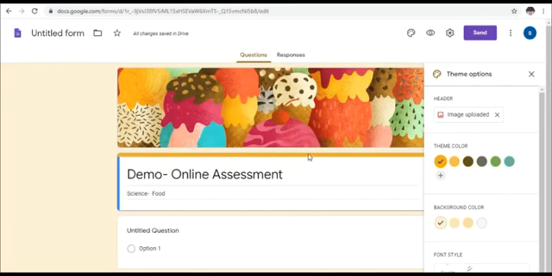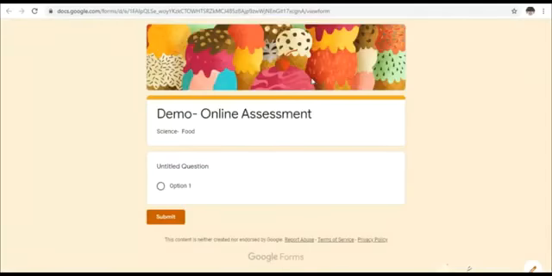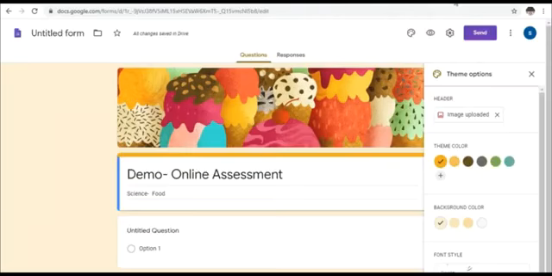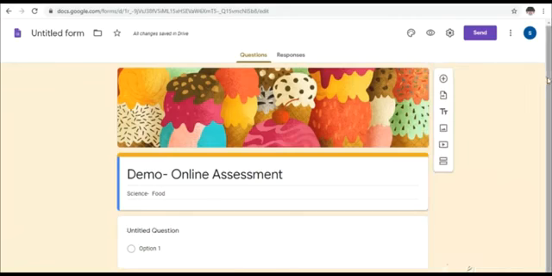Before I proceed with the questions, I wanted to see how my Google Form looks. So let me go to the preview button here. Click preview. You can see this is how your form looks. Each time you have a doubt, you can click preview and view it.